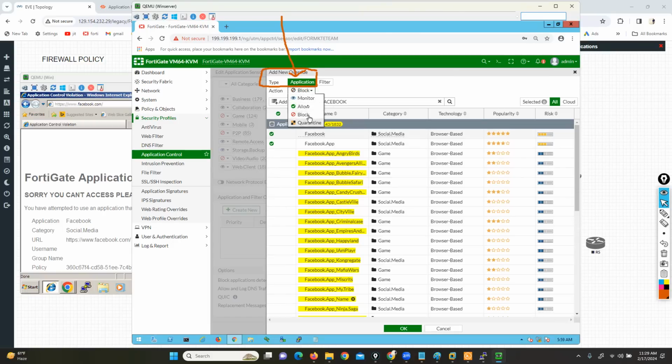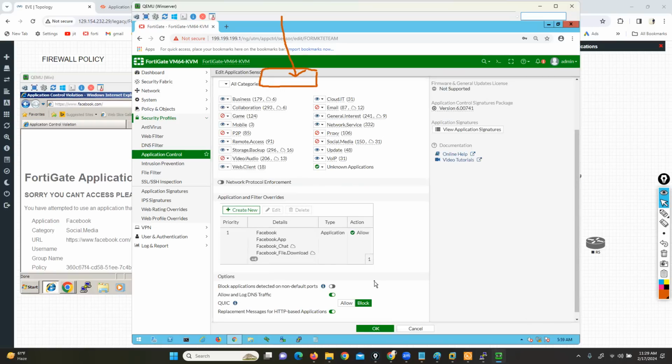You can work with any specific application. I want to allow this application. You can select it and click on OK. So here we have the application entry, the Facebook application entry,